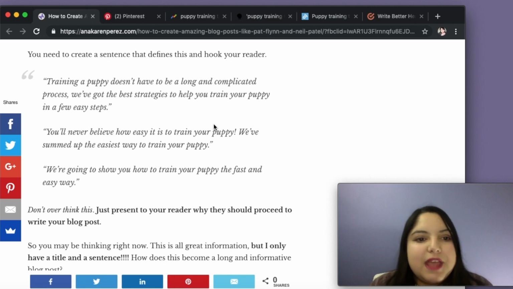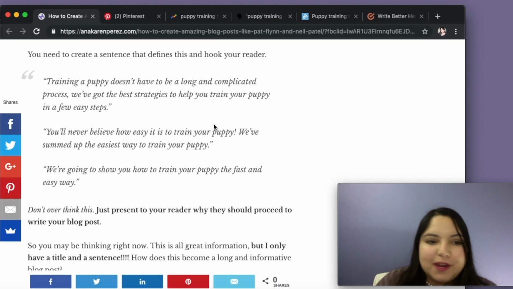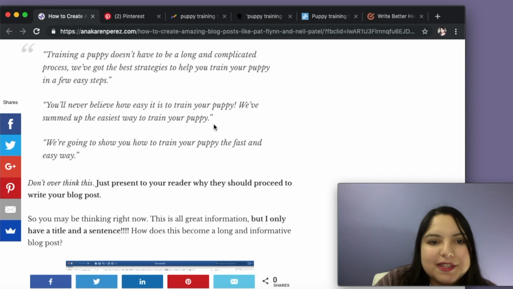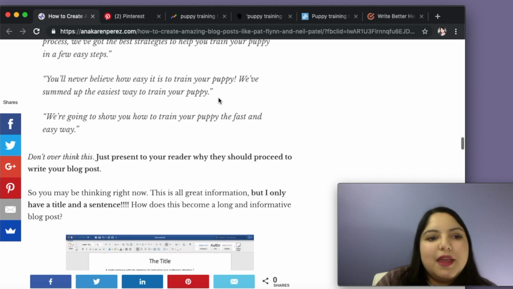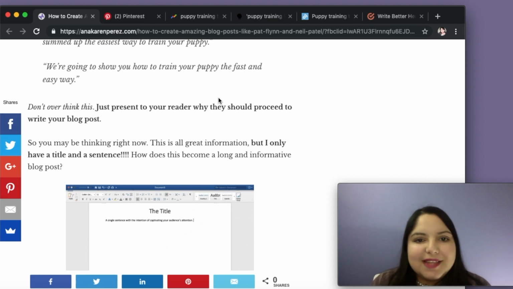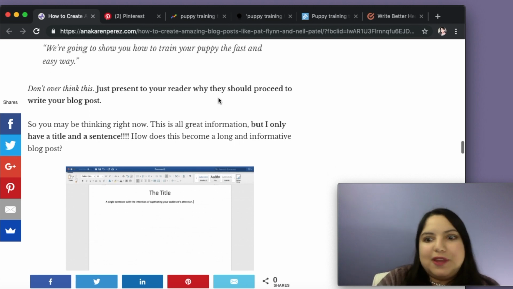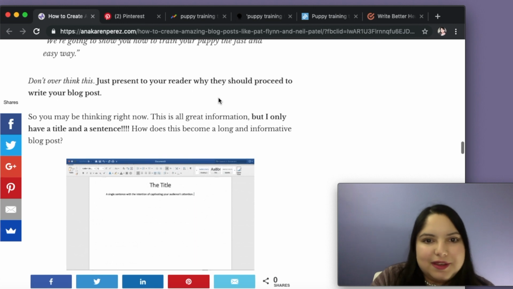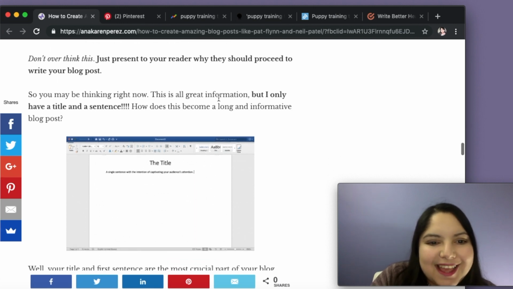Another example will be, you'll never believe how easy it is to train a puppy. We've summed up the easiest ways to train your puppy. And another example would be, we're going to show you how to train your puppy fast and the easiest way, or something like that. This was just an example. I need to fix that grammar mistake. All right, so